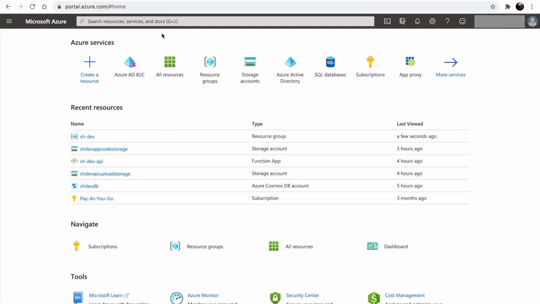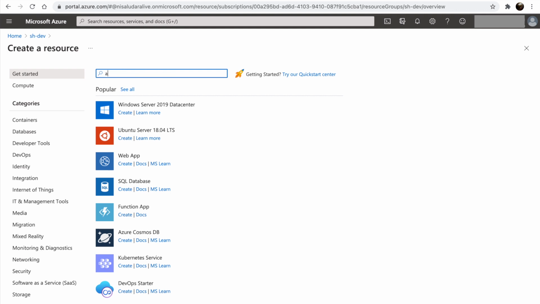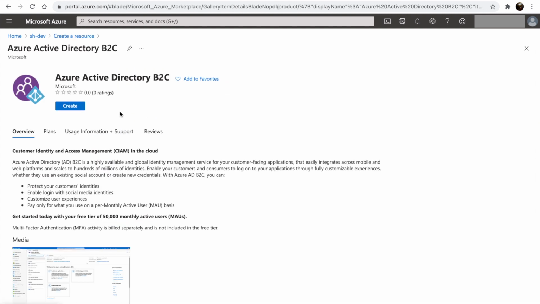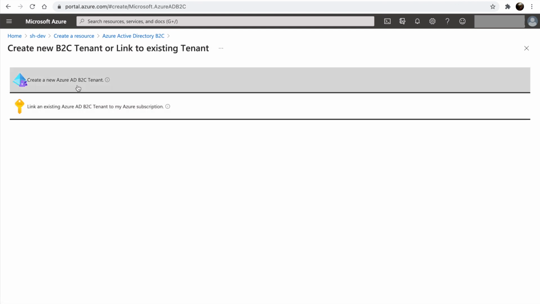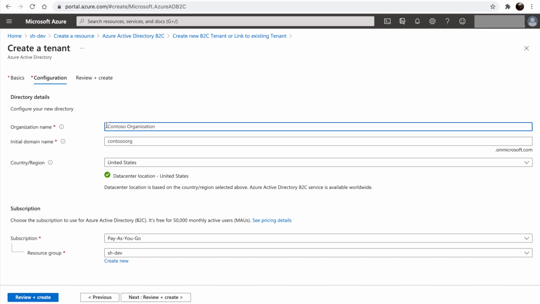Let's get started. Let's create an Azure AD B2C tenant. Let's go into the resource group, click on Add, and search for Azure Active Directory B2C. And click Create, and choose Create a new Azure AD B2C tenant. Let's type in the organization name and the domain name.